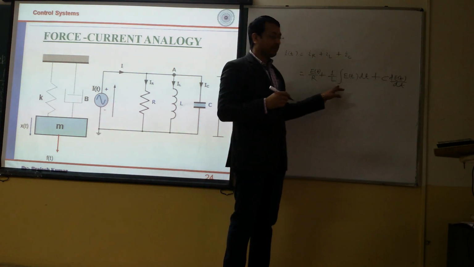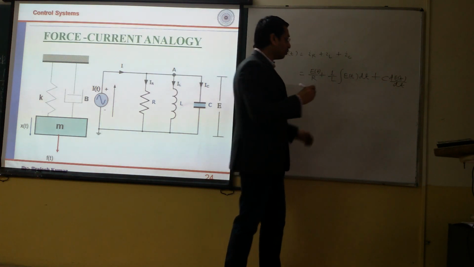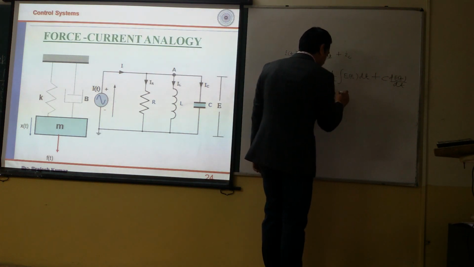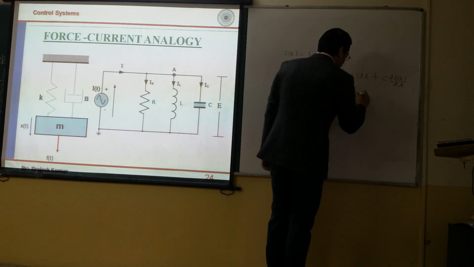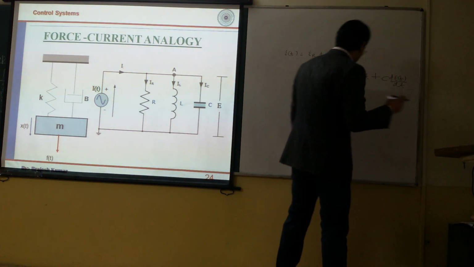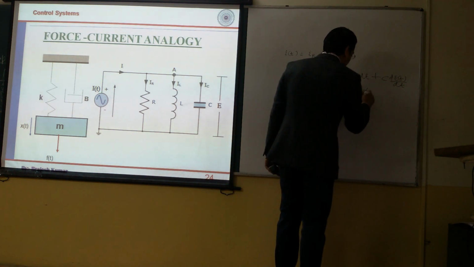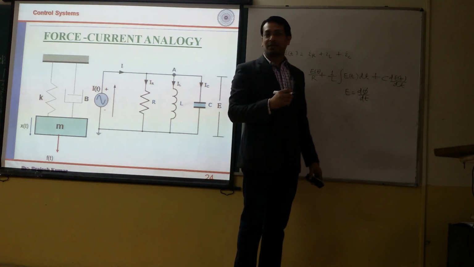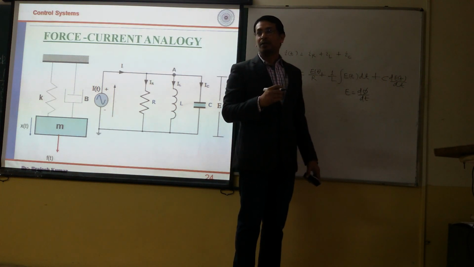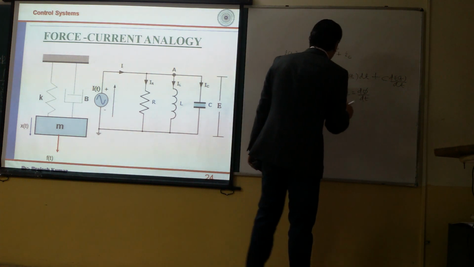Once again, there is a presence of an integral term, and you want to remove this integral term. So what will you put? You will put phi is equal to... E is equal to d phi by dt. In general, it is n multiplied by d phi by dt, but since nothing is given, we are going to take the number of turns n of the inductor equal to 1. So this is E is equal to d phi by dt.